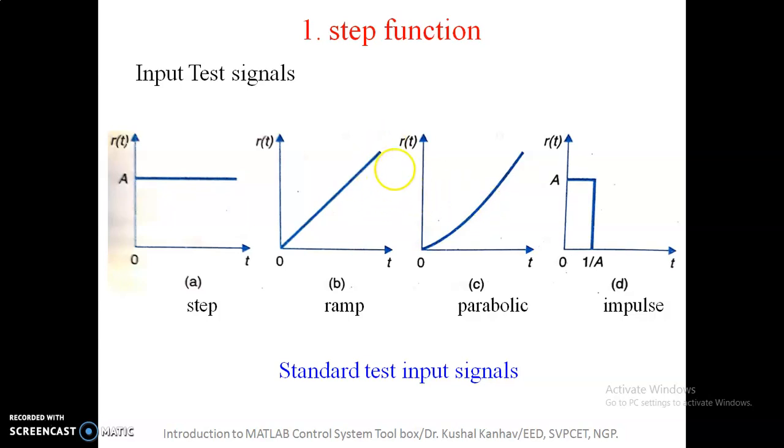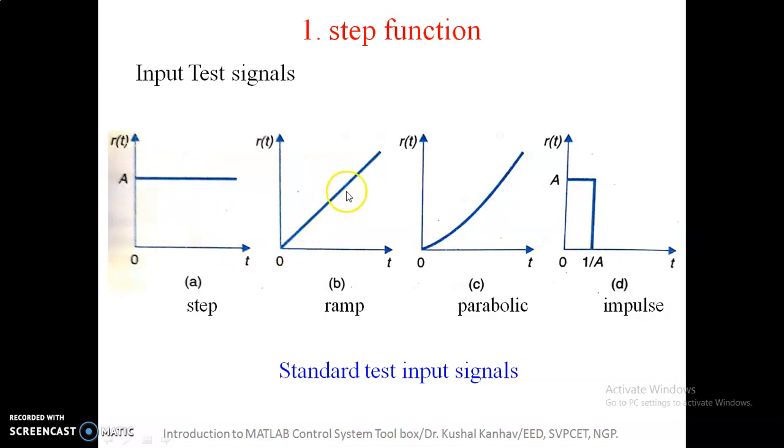In the first figure, you find a step input with an amplitude equal to A. R of t is the representation of the input signal and it is plotted with respect to time t. At t equals 0, the amplitude is A. At t tends to infinity, it remains A. This is what is called the step input.